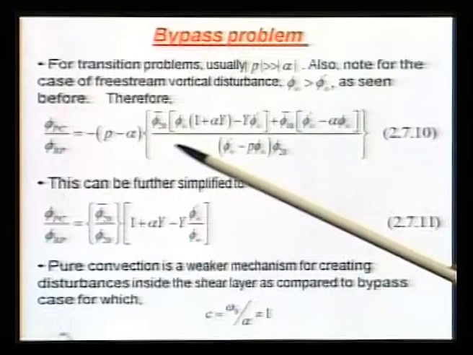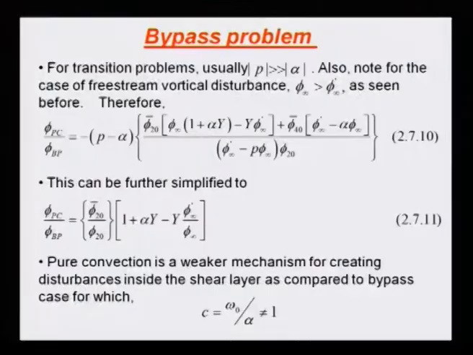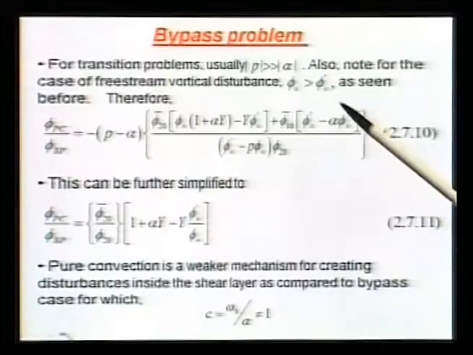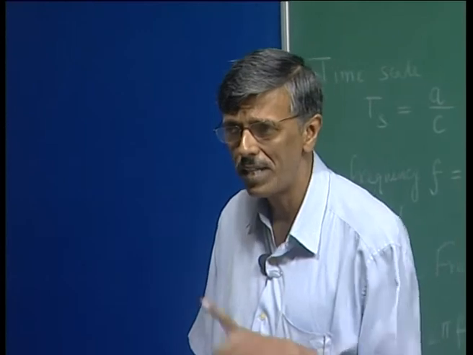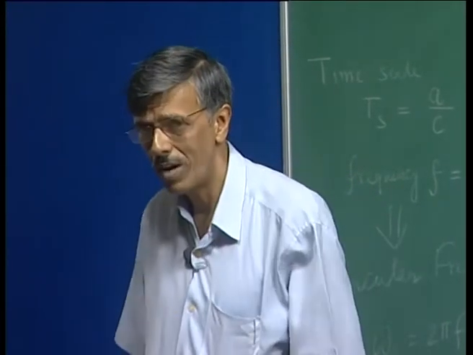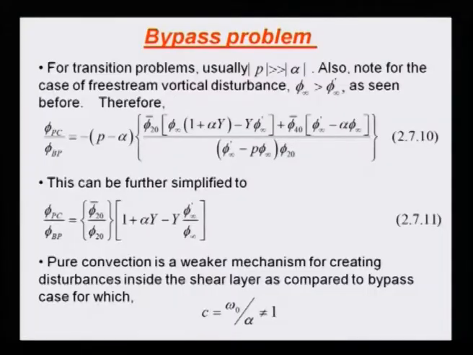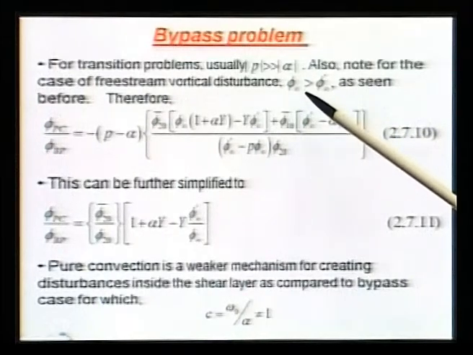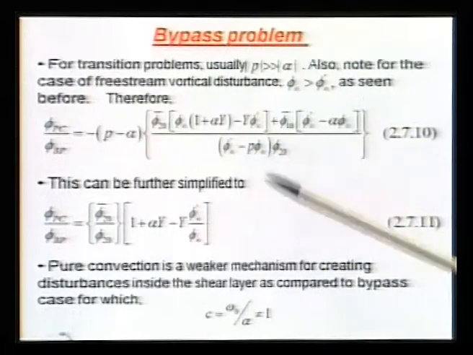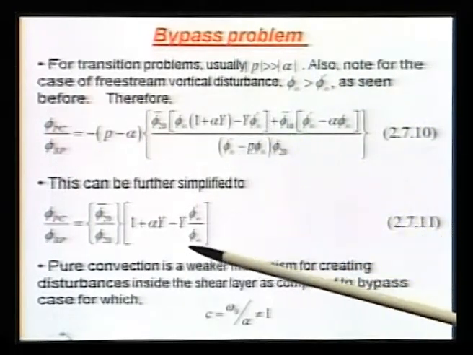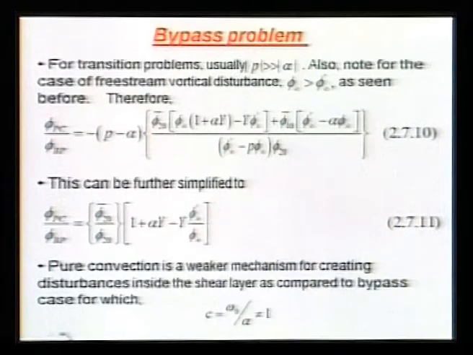We can take the ratio, and it looks like this. Now, what have we used? We have used this condition. Do you recall I showed you how phi infinity was of the order 1, whereas phi 20 was of the order 18 to 20, whereas phi infinity prime was order 1? So we have eliminated that, and we have simplified this. So we can actually simplify it, and we get this condition.